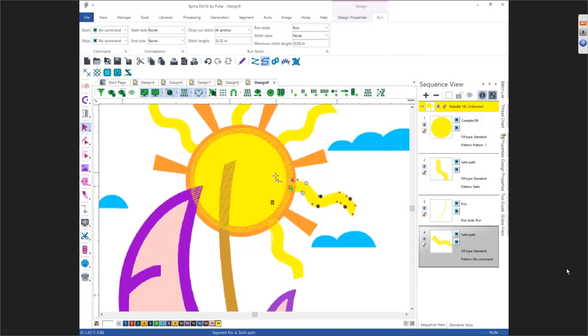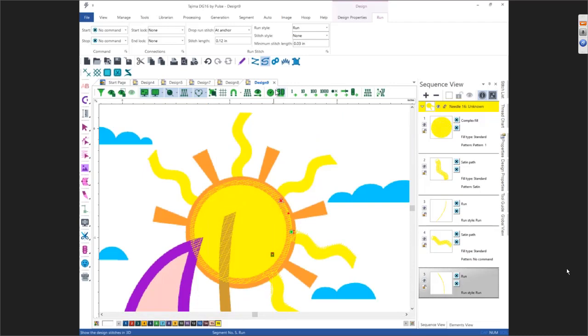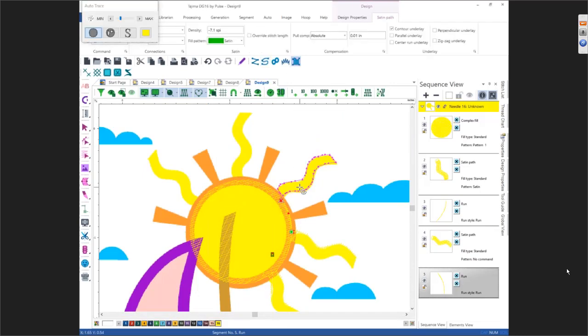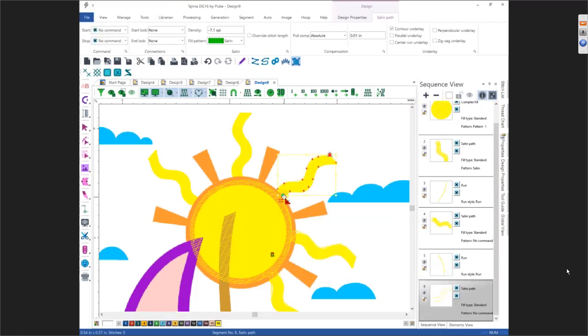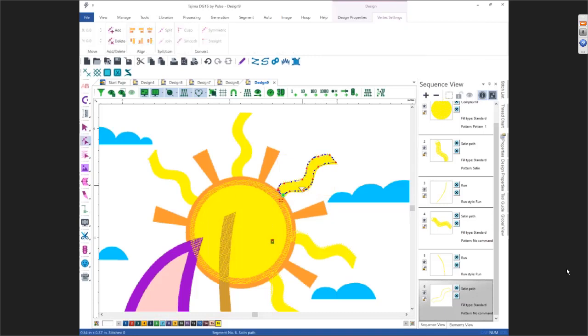I'm going to grab my running stitch, go to my next ray, left click, hit the enter key, you can grab your Vertex Select tool, bring in your overlap,